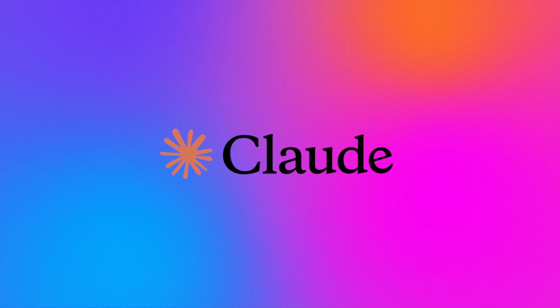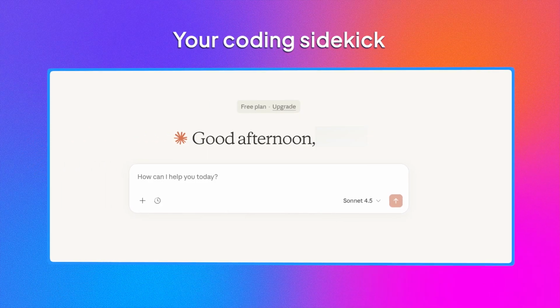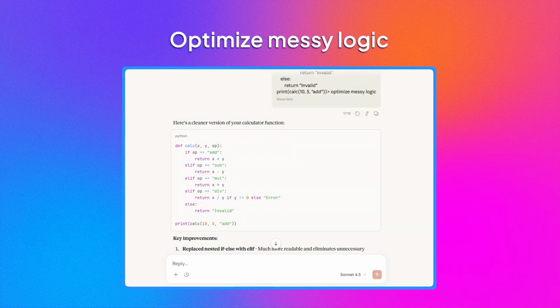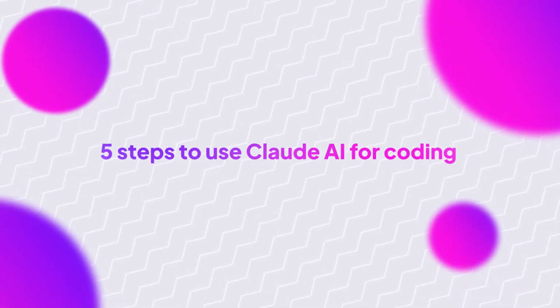That's where Claude AI comes in. Think of it like a coding sidekick that can generate snippets, help you debug faster, optimize messy logic, and even write documentation. So in this video, let's look at 5 steps to use Claude for coding, so you get useful